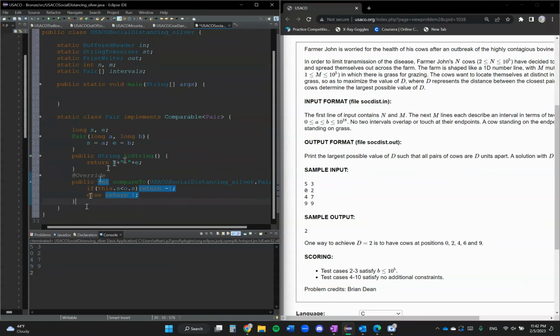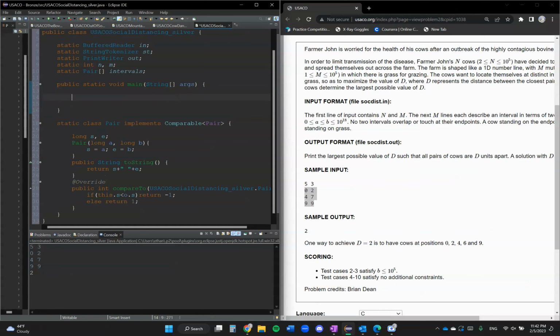And this works, and you can sort an array like this using a class. I can show it when I do the initialization, but first I'll just